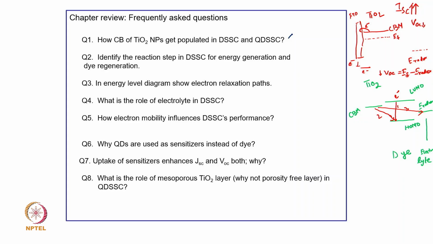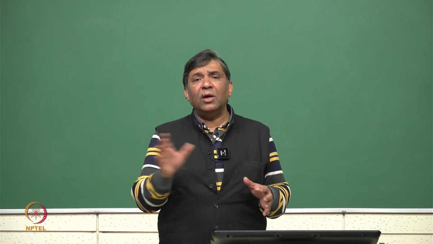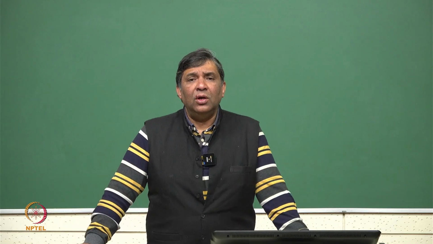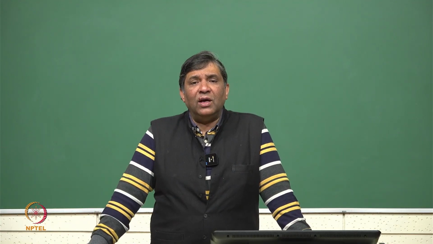Okay. So, now why are QDs used as sensitizer instead of dye? This is a very important point, because in a dye sensitized solar cell, dyes are generally organic material and sometimes they are not very stable in the electrolyte, and also it has been seen that the absorption is not that good, and sometimes the absorption is almost the same as the absorption of the electrolyte. So, this actually finally reduces the performance of a dye sensitized solar cell.